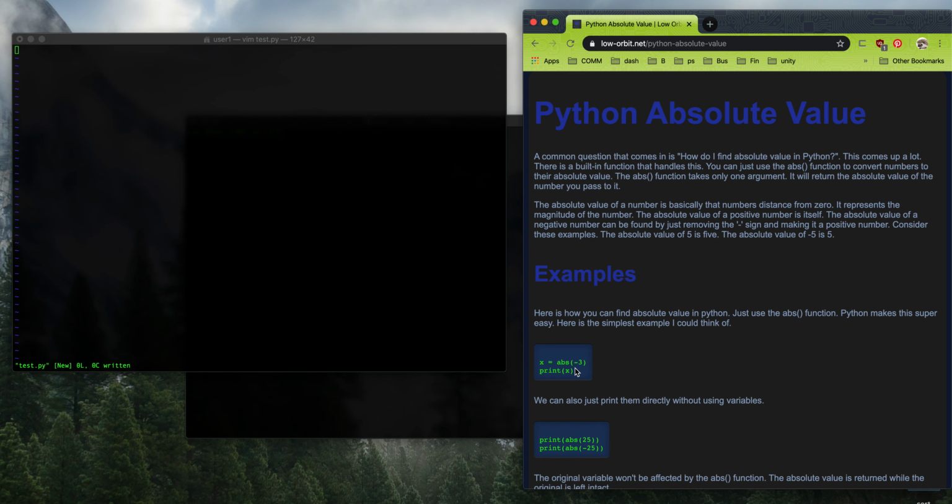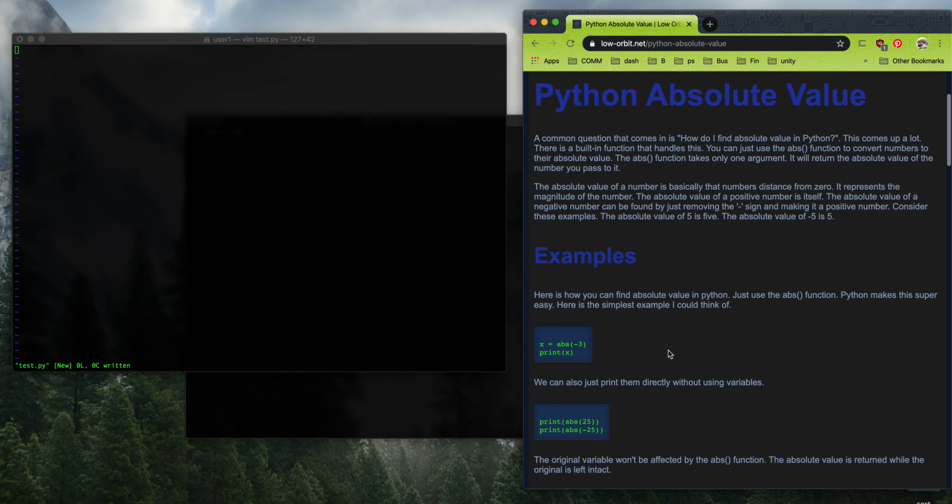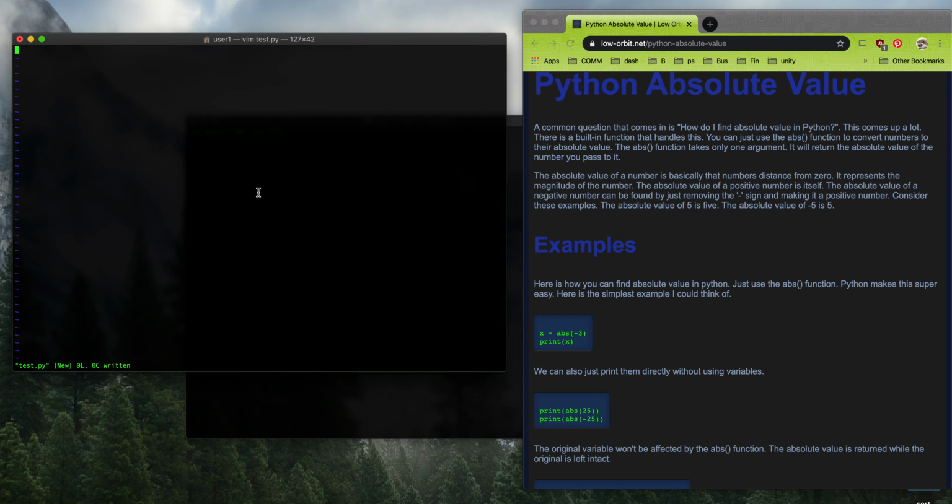But let's start with the easy way and get into a little bit of detail about it. So I have VI open over here. I would use PyCharm, but I usually just use that for actual projects, and this is just throwaway code. So let's give it a shot. Let's just demo how we would do this. Say,